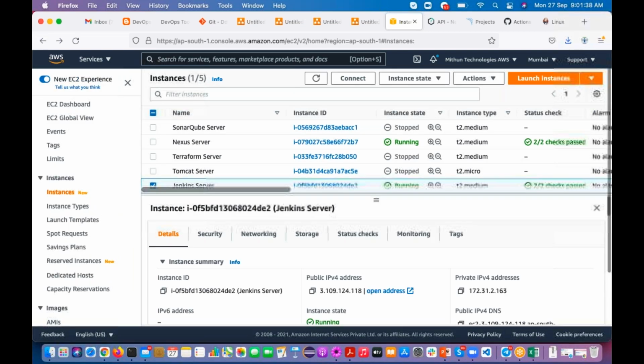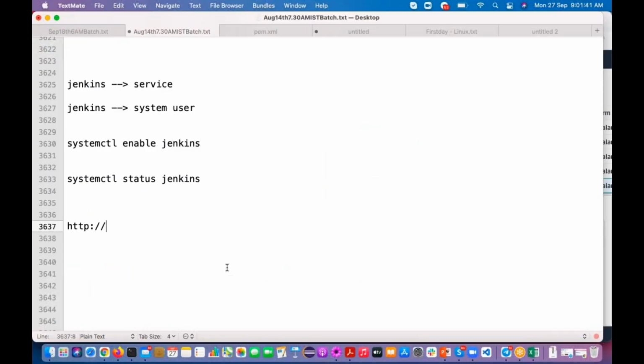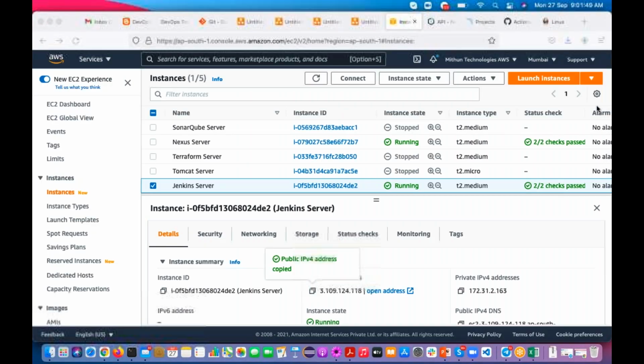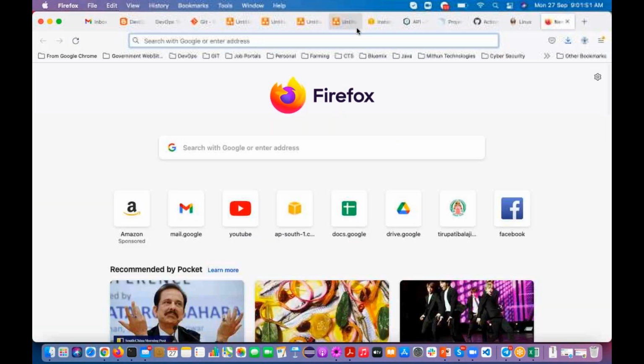Take the public IP address, colon 8080, which is the default port number. Take this one, go to the browser. Okay,